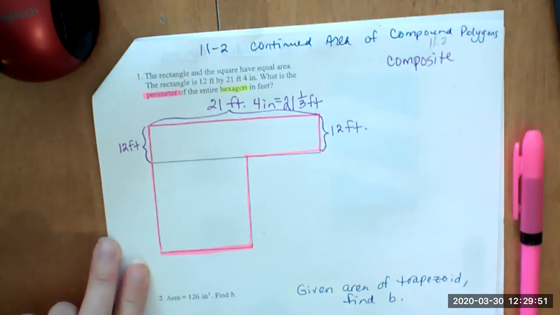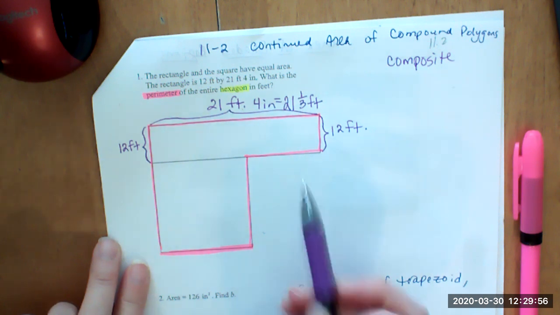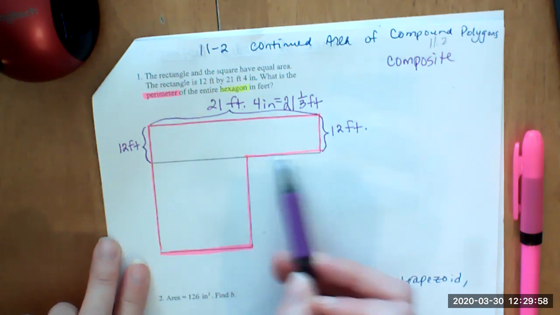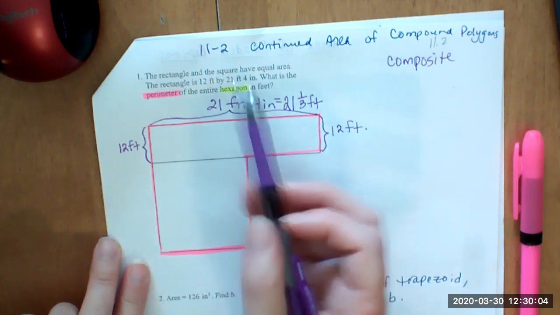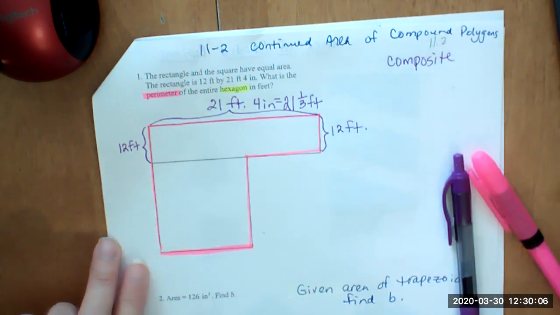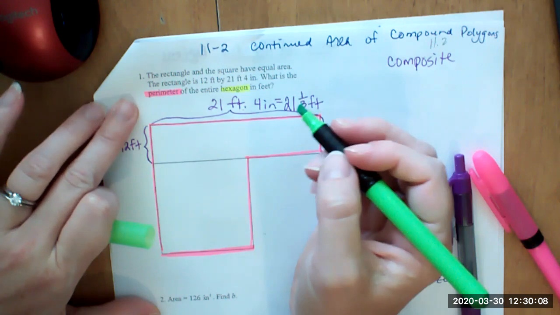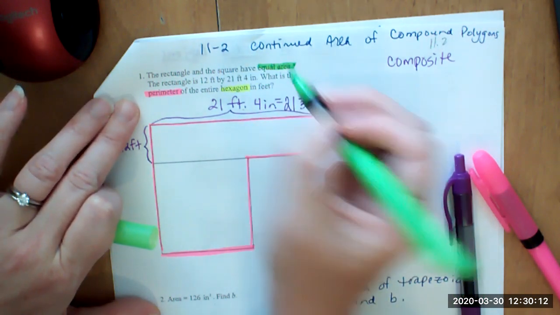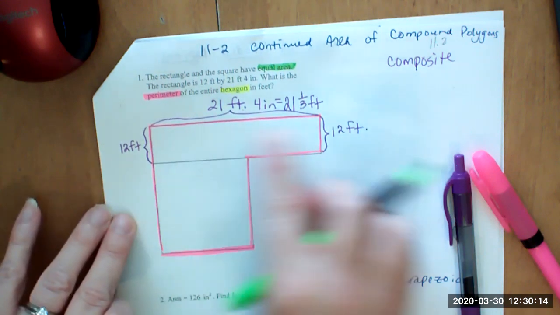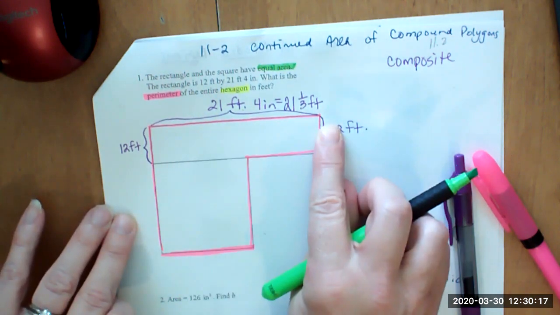So we want to figure out what the perimeter is of the entire hexagon, which means I need to also know this length here, this length here, this length here, and this length here to be able to add those all up. But the key that we see right here is that the rectangle and the square have equal area, okay? So my strategy here is if I find what the area is of the rectangle,